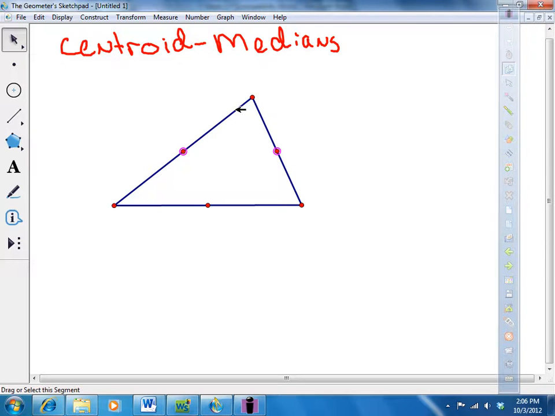But the median is not the perpendicular bisectors themselves, but it's the segment that goes from this vertex to any of those midpoints. So if I go from here to here, and then from here to this midpoint, and then from here to this midpoint, from here to that midpoint. And if you did it correctly, then they should all intersect at a specific